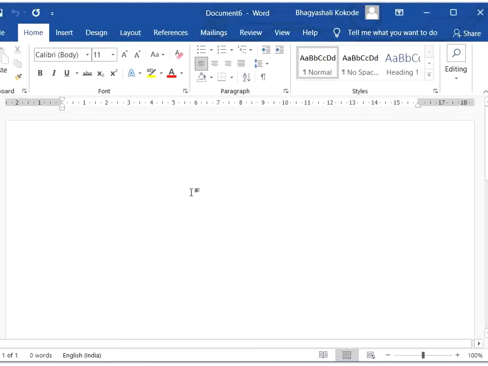Whenever I press the F9 key in this blank Word document, I am not writing anything here, I am just writing computer lab. Then I copy this text and I am changing the spelling of